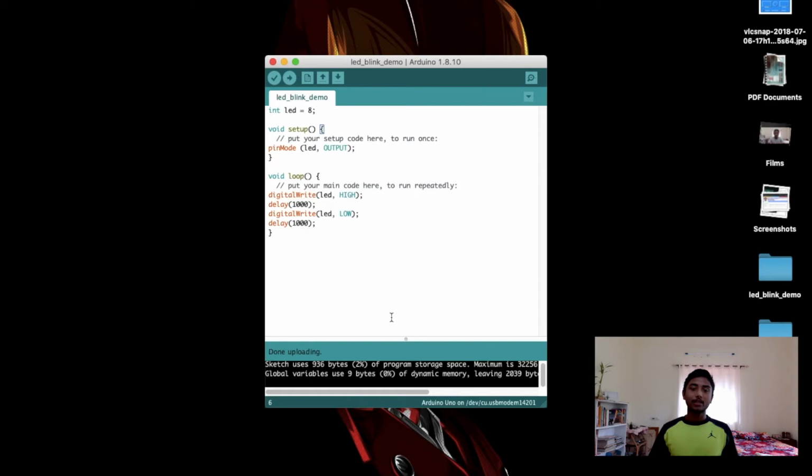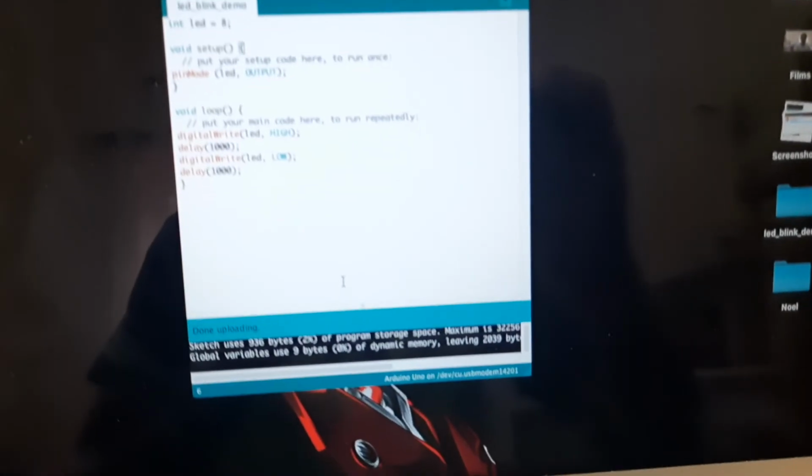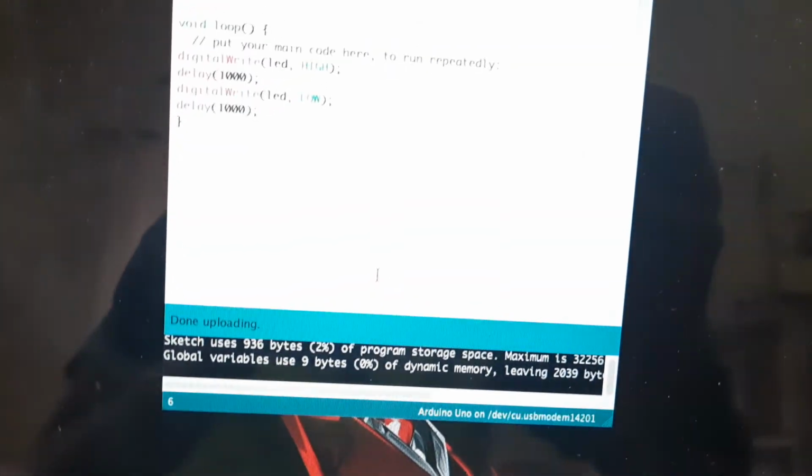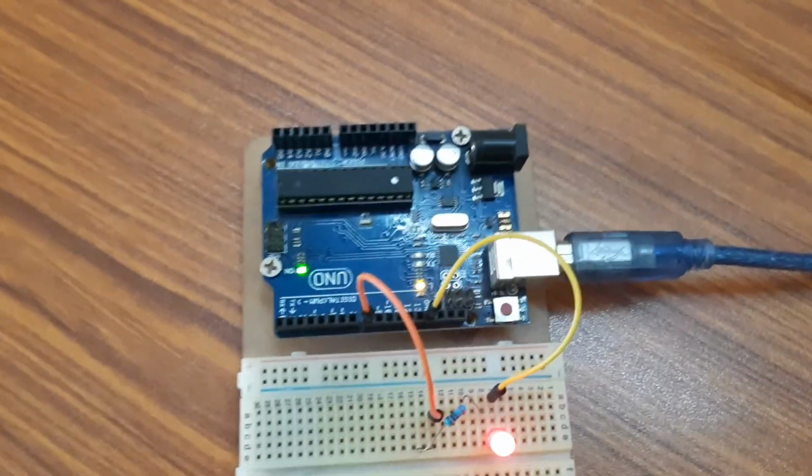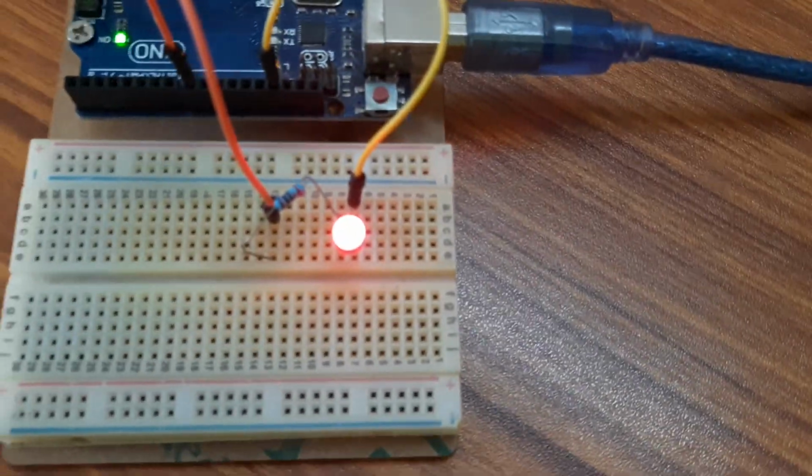So now let's check the Arduino board, whether it is working or not. As you can see, the program has done uploading and the board is connected right now, and you can see that the LED is blinking.